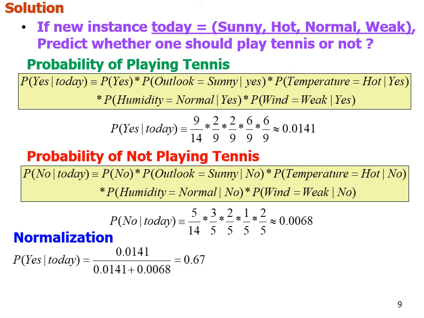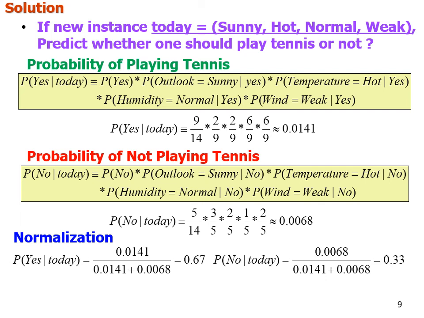So probability of yes given today is equal to 0.0141 divided by 0.0141 plus 0.0068, that comes out to be 0.67, and probability of not playing tennis given the instance today is equal to